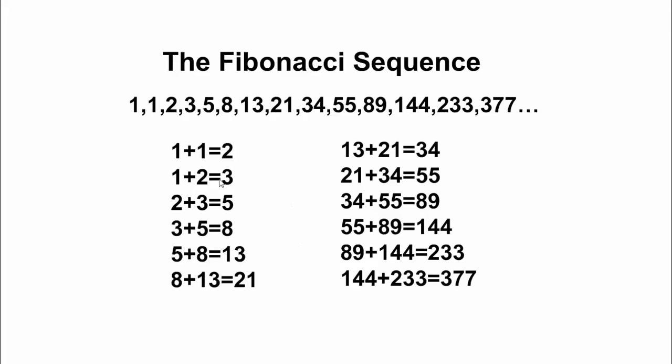If I start with the numbers 1 and 1, I add them to get 2. So now I have 1, 1, and 2, and I take the 1 and the 2 and I add them to get the 3, and then the 3 and the 2 together to get the 5. And you can see that I go up in this very predictable way. This is a Fibonacci sequence right here. I don't have to start with 1 and 1. The official textbook version starts with 1 and 1, but I could start with different numbers and I get a different series of numbers out of there.